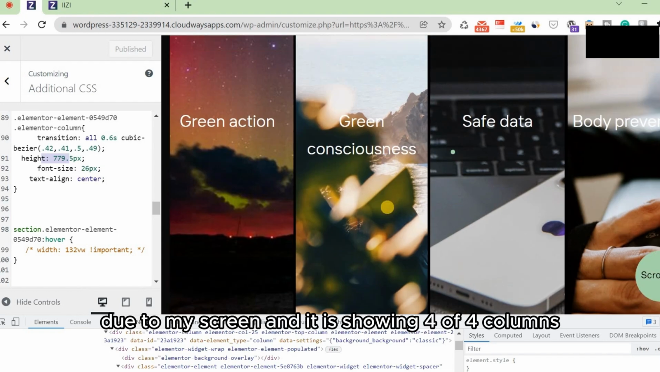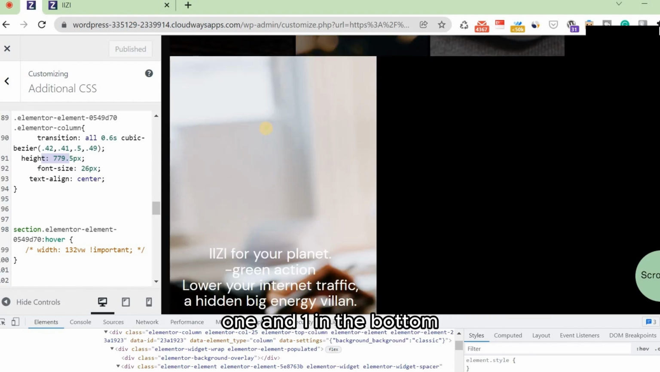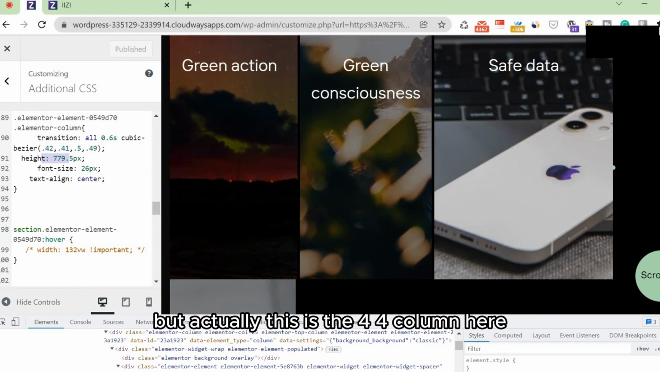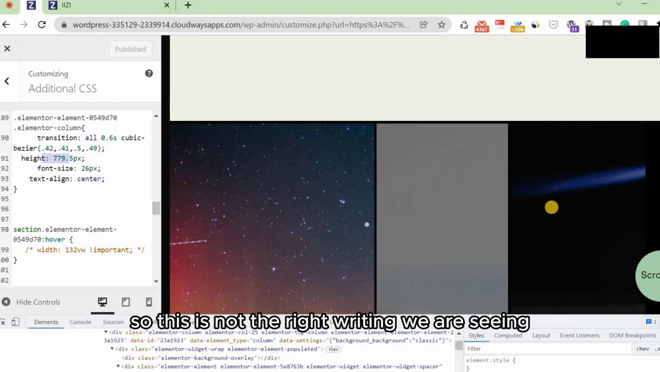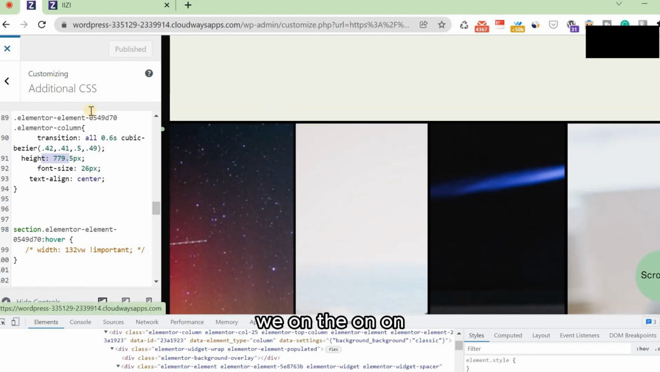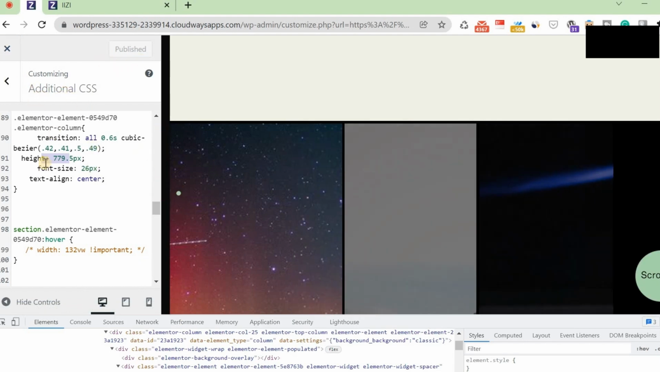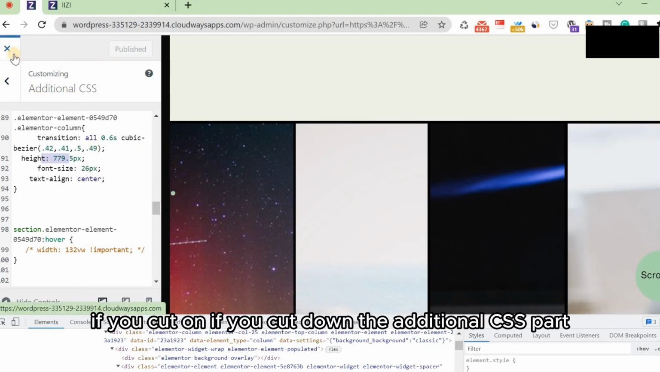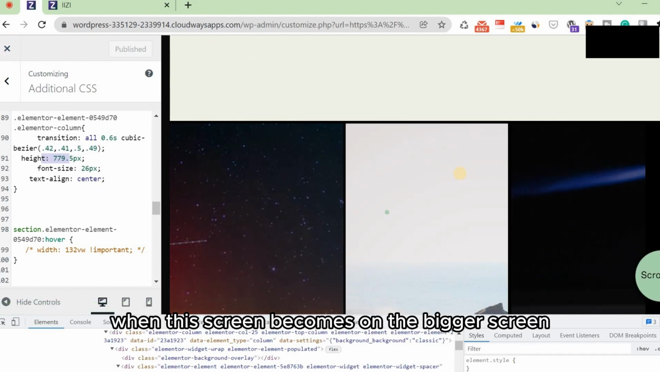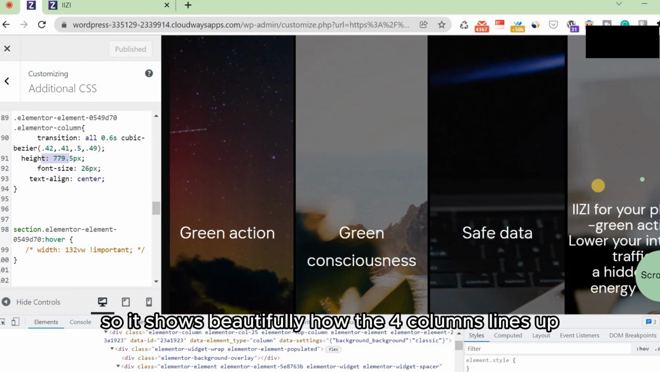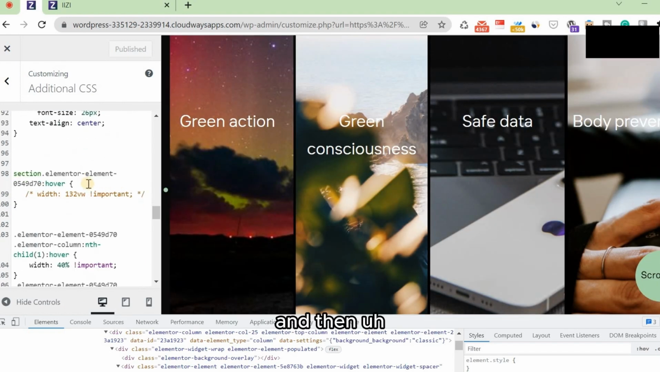Due to my screen, it is showing four columns and one at the bottom, but actually these are the four columns here. So this is not the right thing we are seeing. If I cut down the additional CSS part, and the screen becomes a bigger screen, it shows beautifully how the four columns line up. And then we have